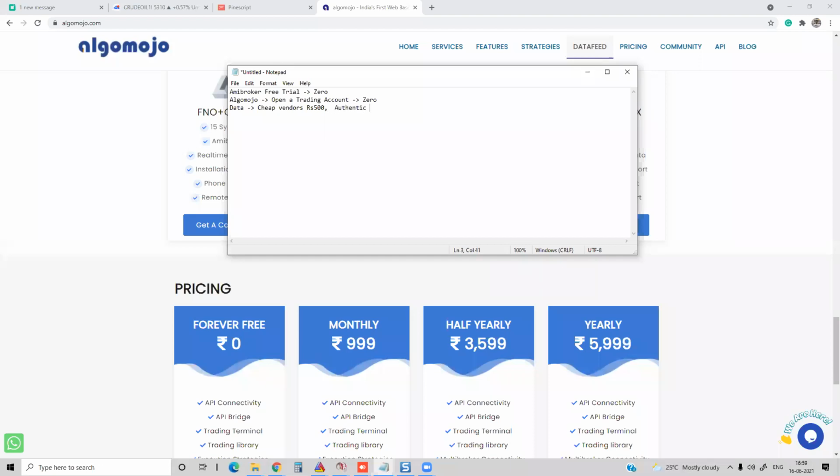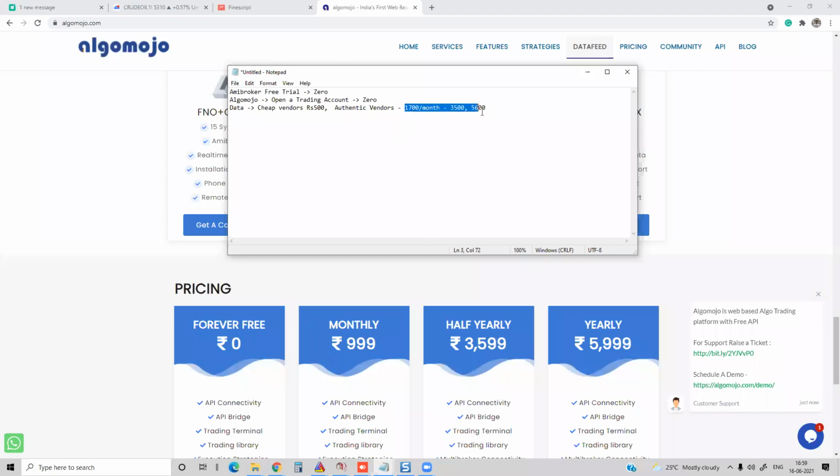They come anywhere from 1,700 per month, and it depends upon how many exchanges and how many symbols you want. It can go as high as 3,500 or even 5,600 if you want multiple exchanges like MCX, NSE Cash, NSE Futures, NSE Currencies. So the pricing differs.